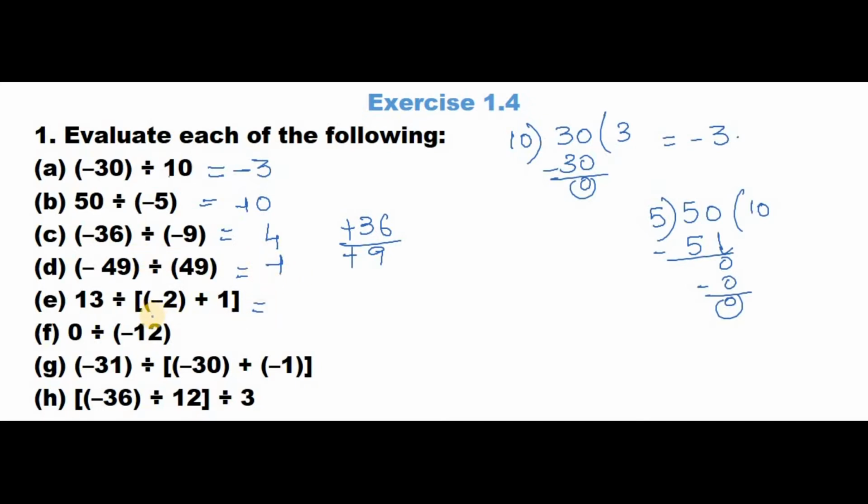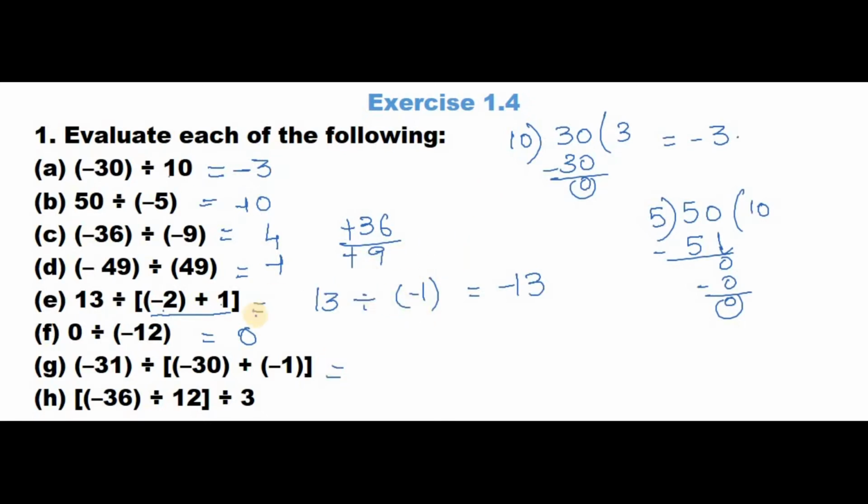Now if you observe here, you have brackets, minus 2 plus 1. So 2 is the bigger one, that is the reason this will be changed into minus 1. 2 minus 1 is 1, and in the 1 table when will 13 come? Yes, 13 itself. So minus 13. And you all know that if you divide 0 by any number, then your answer is going to be 0. And we already know that 0 does not come under positive or negative numbers. We are not going to write any symbol for 0.